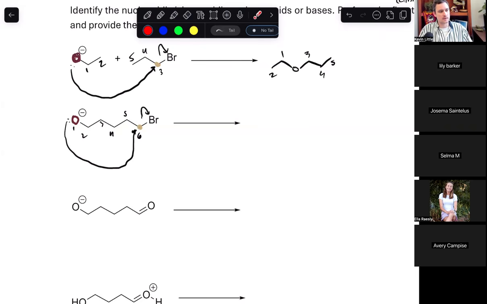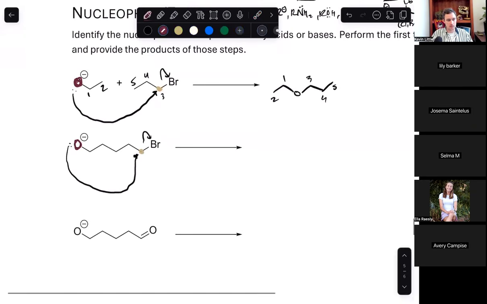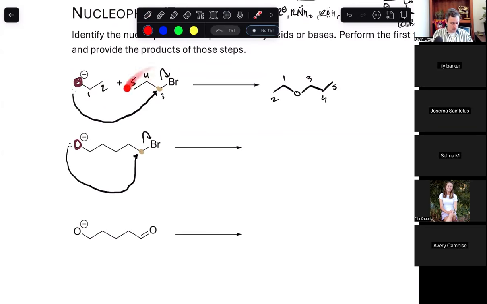Someone just asked how to number. Numbering's yours. Number however you feel like helps you, right? There's no right or wrong way to number. I'm not going to grade you on numbering, but you number in a way that's helpful, right? For me, I just numbered the carbons here so I could make sure I didn't lose any carbons because I wasn't worried